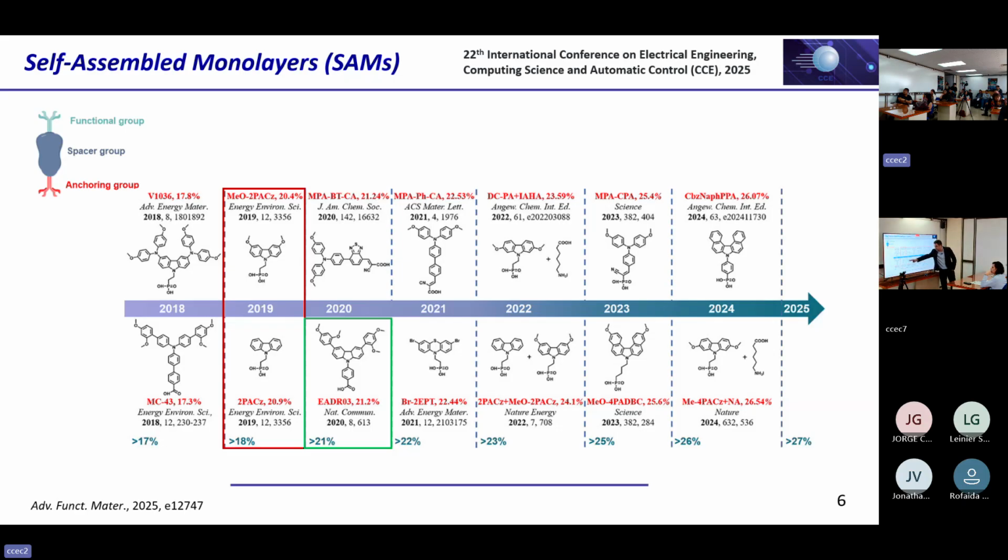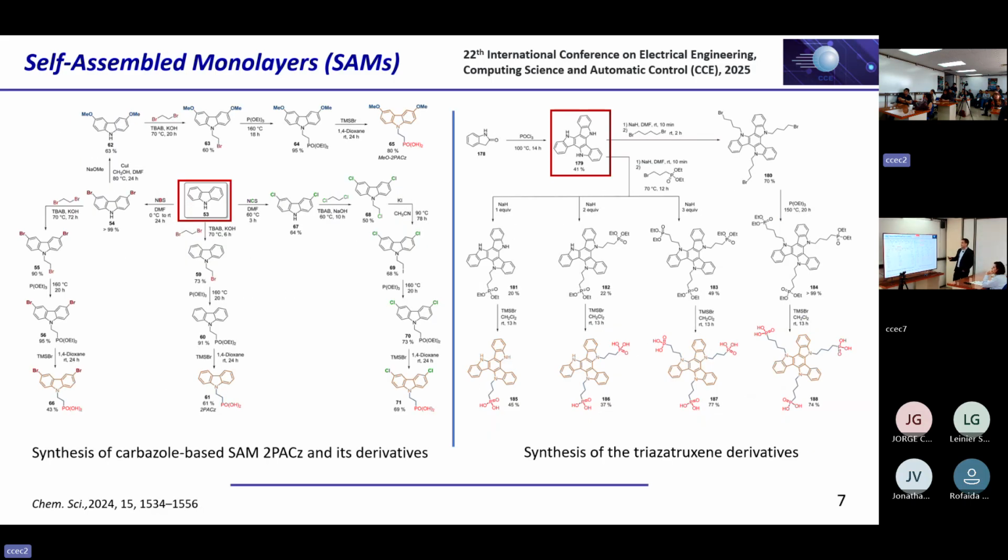And then starting from here, people start to work more and more in the design of novel SAMs. And as you can see here, one of the most important groups is the carbazole. People focus most on the carbazole because it's the most efficient material up to now. And here I show you how it's easier to prepare these molecules. First with the 2PACz, we start with the carbazole group, and then with very simple chemical reactions, we can obtain more or less the same molecule, but changing